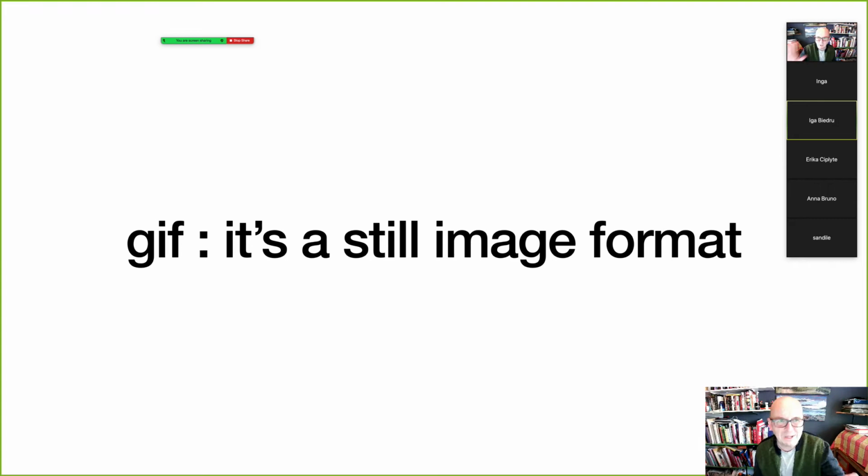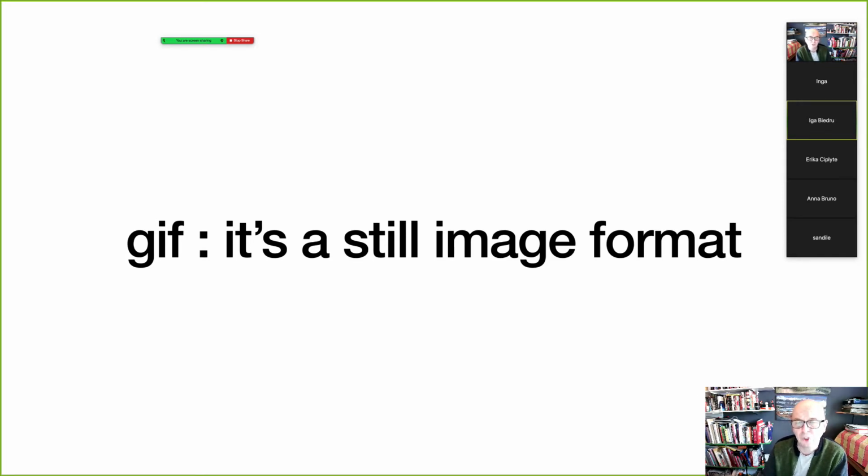So, the point about a GIF, and it's definitely GIF, is that it's a still format. In spite of the fact that you know it as something that people use for animation, the reality is that it's actually a still format. It's designed for stills, its strength is stills, its whole setup is actually as a still image. As an example, obviously a GIF really is designed for screen. That's the other thing to say about it. It's designed for screen, not for print. And if it's designed for screen, particularly we're thinking about the web,